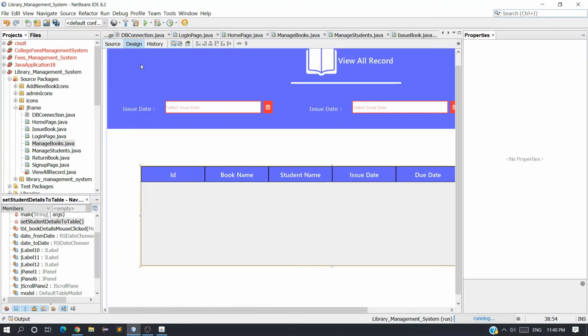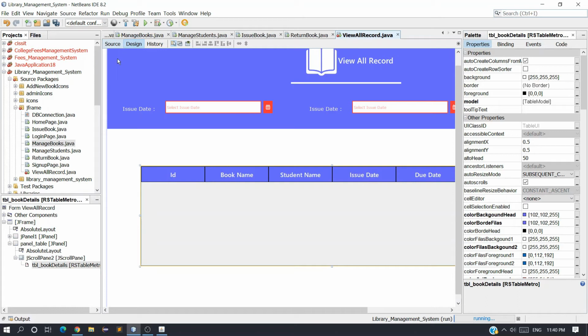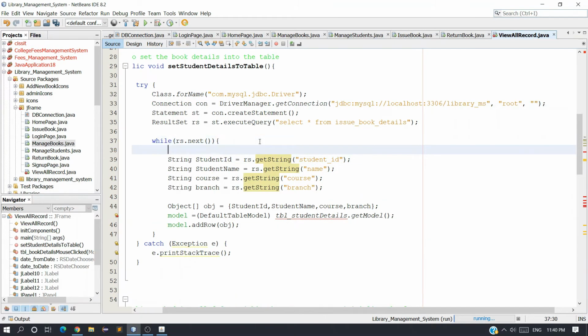Okay, and student id, which one is the first one? The first one is id. So let me just fetch this id. String id is equal to rs dot get string. Again you might be thinking why id is an integer, but I am storing the id in a string variable, because we just want to display the data and we don't want to perform any operation on this id.